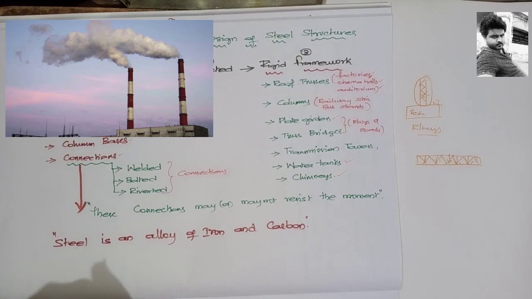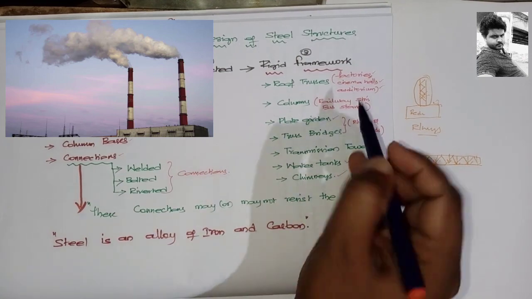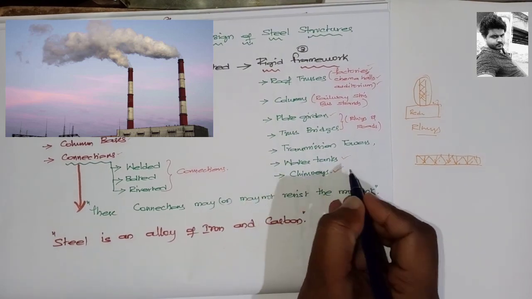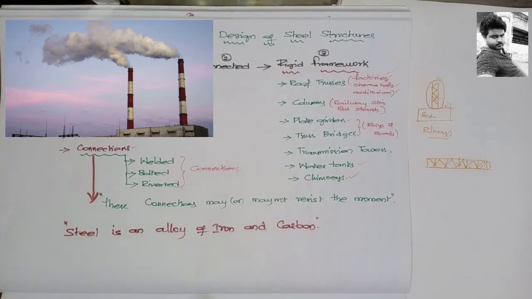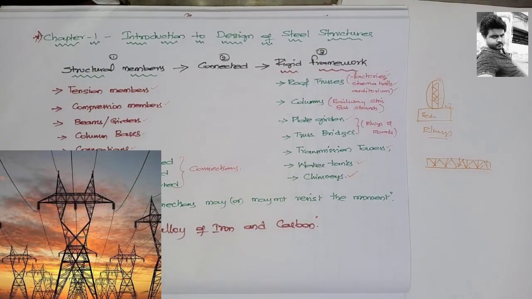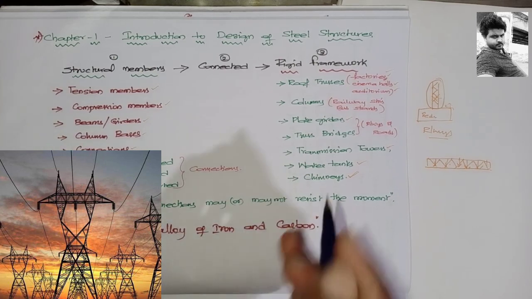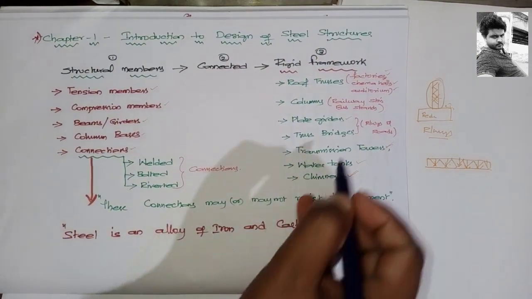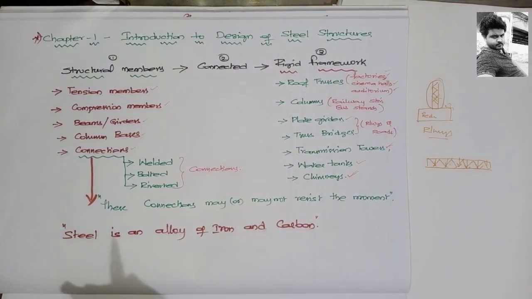Next, chimneys. Chimneys are smoke exhausters in factories which emit smoke. We will be using chimneys made of iron, or we will also use RCC elements. Coming to the transmission towers, high tension lines will be there, where AP Transco and TS Transco supply the power from generation to substations. In those situations we use these transmission towers. You will see these transmission towers anywhere in the outskirts of the city.